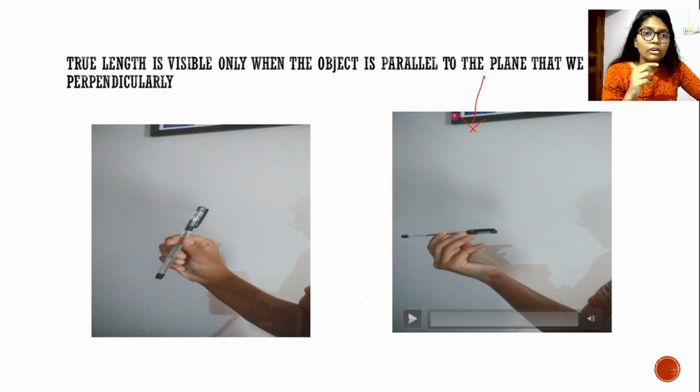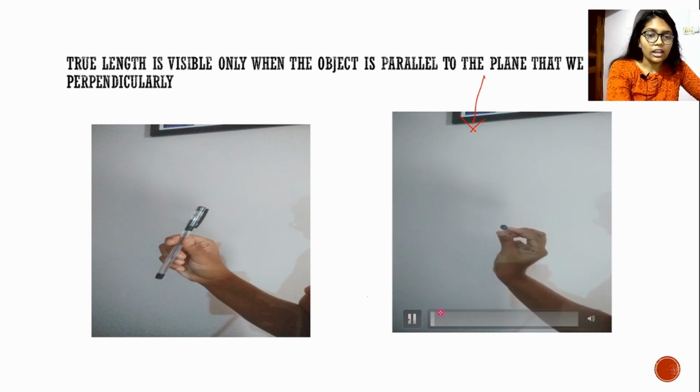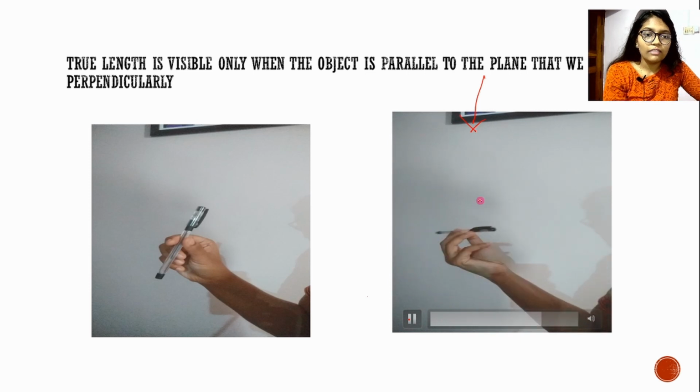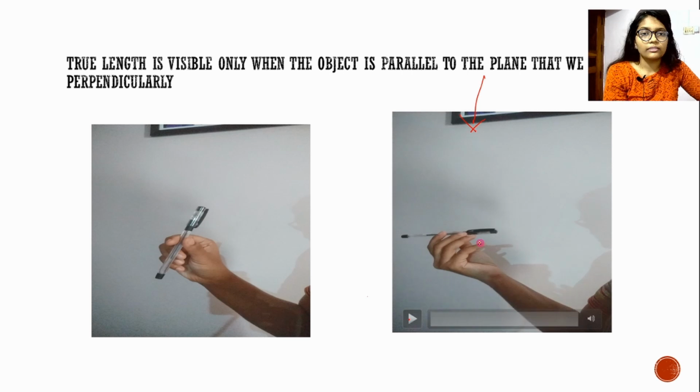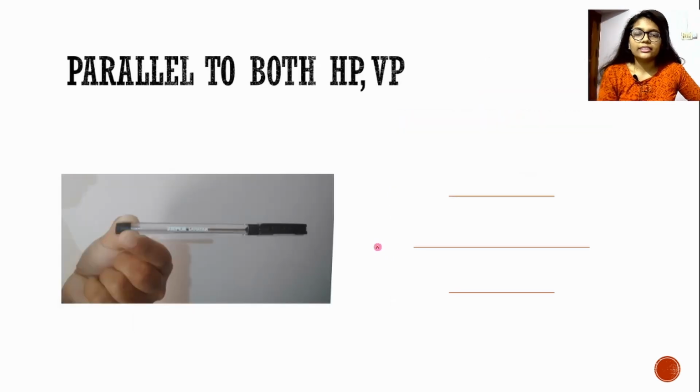But what about when we take a top view like this from above? See, since it is having a position always parallel to HP, we can tell that the top view will give you the true length, isn't it? However the rotation continues, maintaining parallel to the HP, we always get the true length of the pen. Okay, so next let's discuss the projections of line placed in various positions.